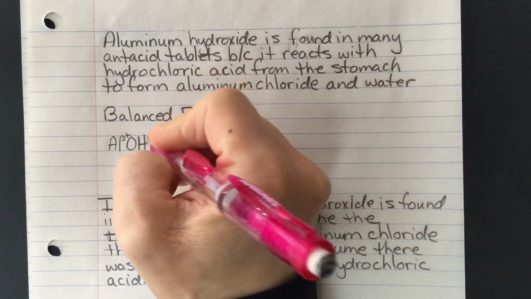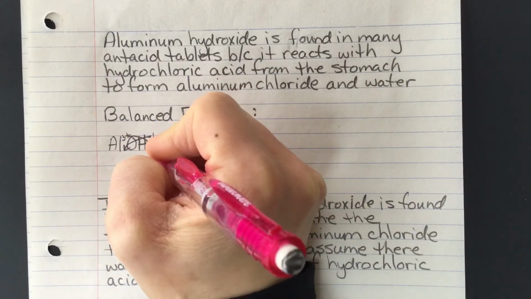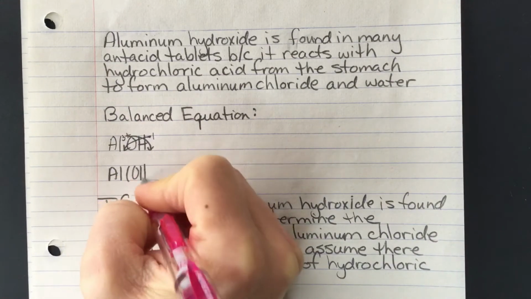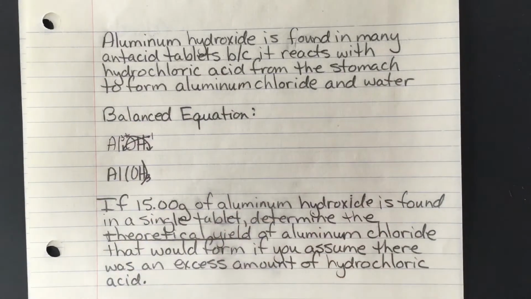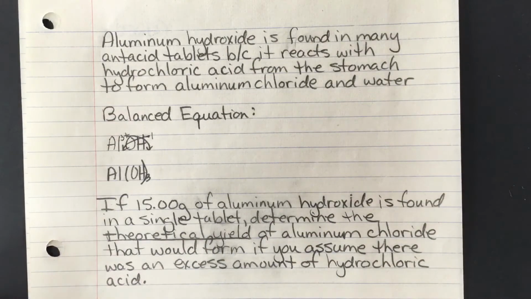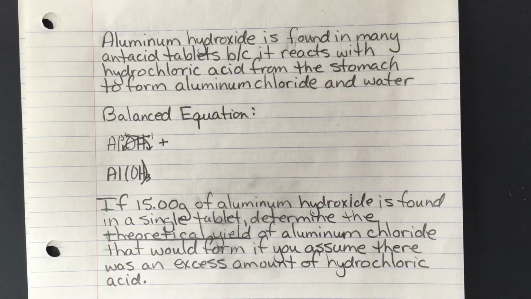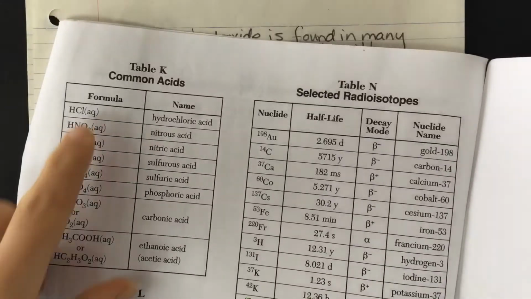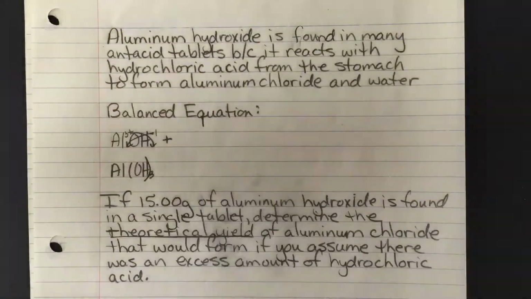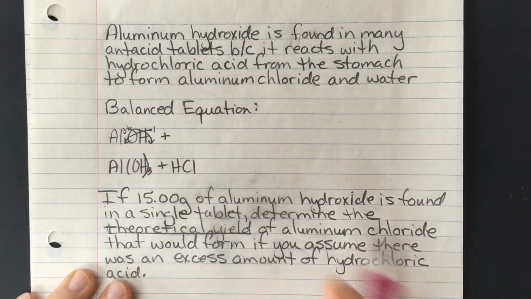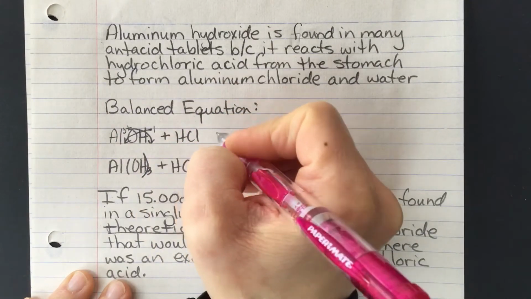So remember, crisscross. So we rewrite this as Al(OH)3, putting the parentheses around hydroxide because that acts as one particle, one unit, plus hydrochloric acid, which if we go to our acids chart, right here, some common acids, hydrochloric acid, HCl. Yields